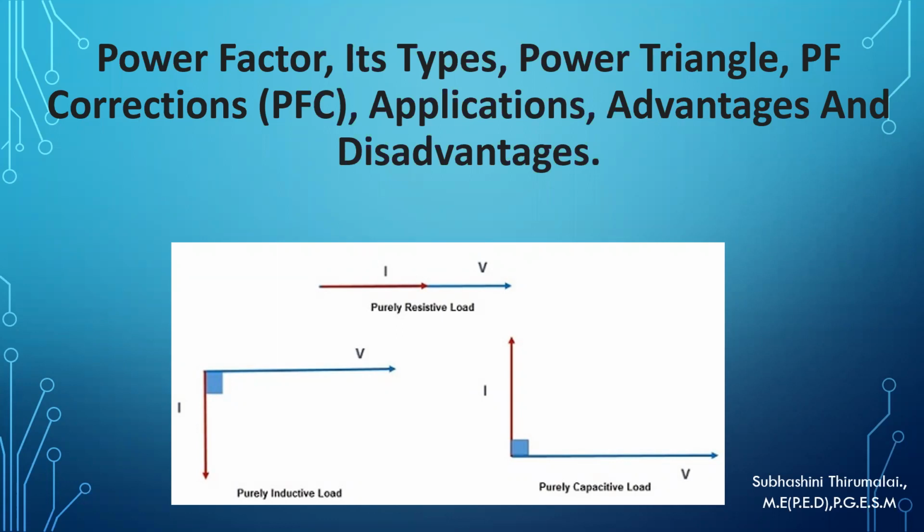Why is this required? For any generator which is producing power, is the power fully consumed by the load, or is it sent back to the source, opposing the source power itself? What is the angle between voltage and current? These are very important to know, whether the power which is generated is fully consumed or wasted in the cables. What we pay for should be fully consumed by the load to do the real work.